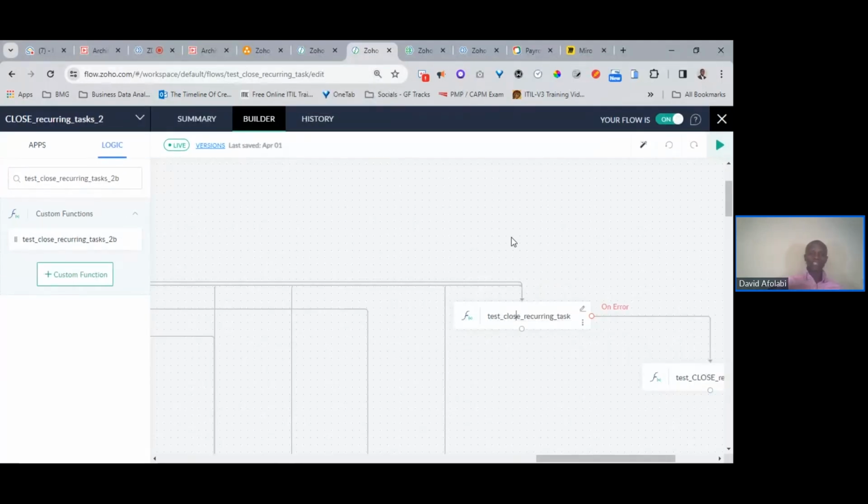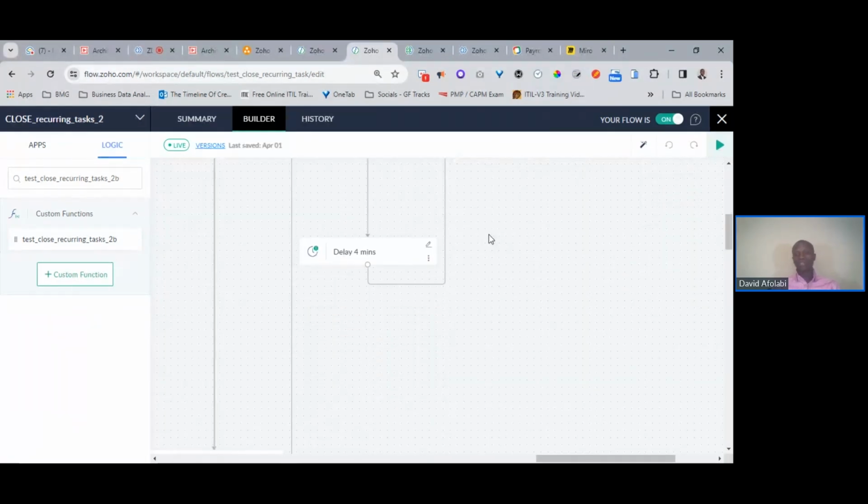the closure and the opening of about 600 on a monthly basis, which helped to reduce about 1 hour of work that the PMs could have expended on having to manage or close and ensure that the task be opened up on a monthly basis. And that particularly translates into, say, for example, about 10, 20,000 on a monthly basis, just building custom functions to manage that